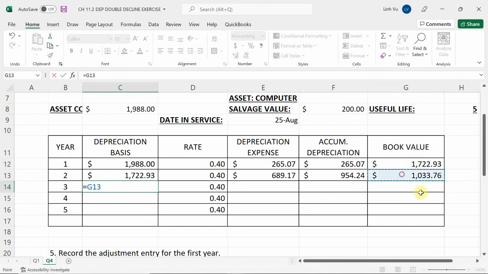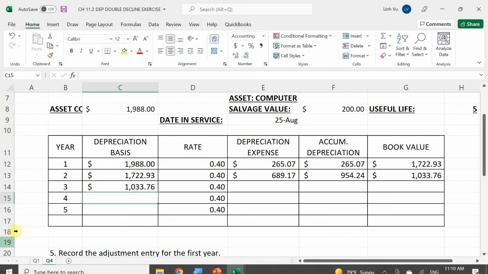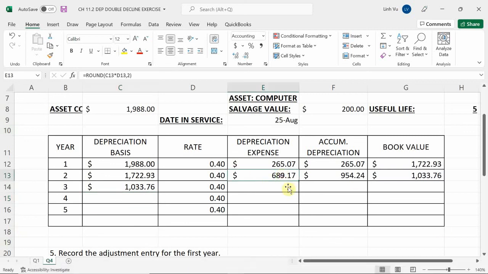So what's 40% of this? 413.50. 413.50, which will give me accumulated depreciation of 1,367.74. Okay, which will give me a book value of